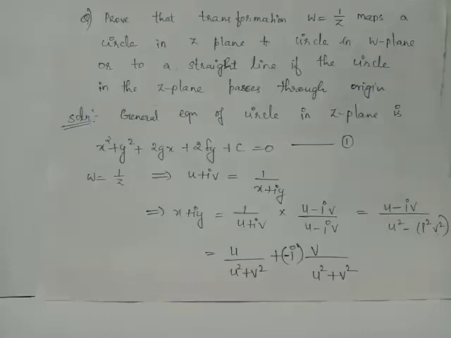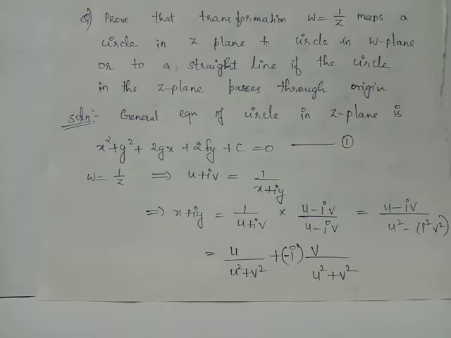The transformation W equals 1 by Z maps a circle in the Z plane to a circle in the W plane, or to a straight line if the circle in the Z plane passes through the origin. It is asked in the question that if we have a transformation W equals 1 by Z and